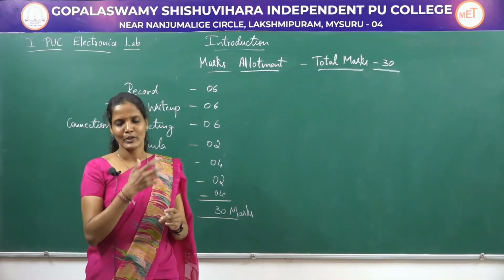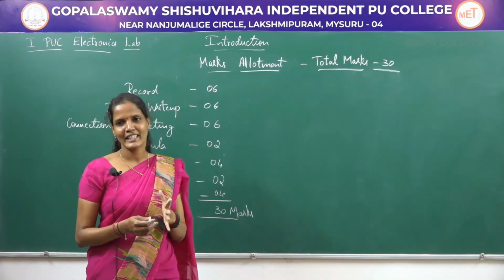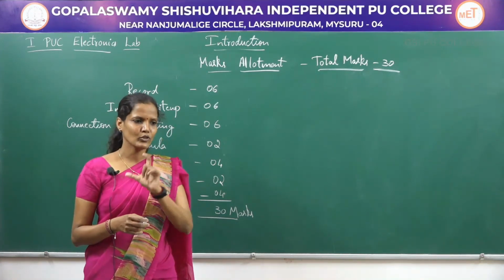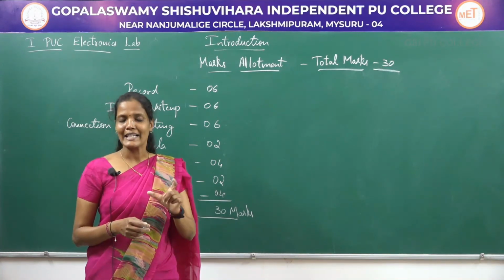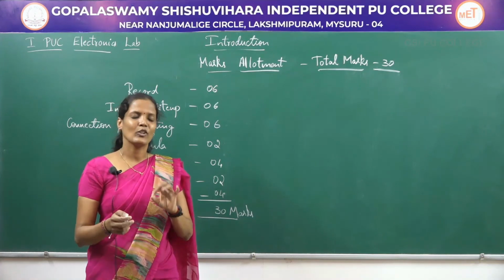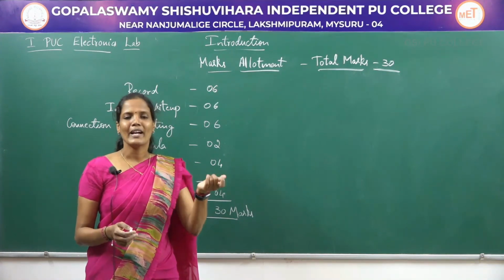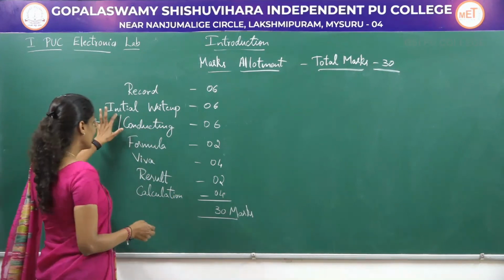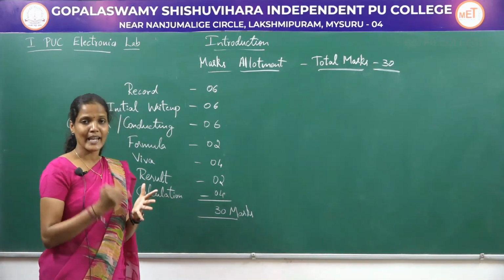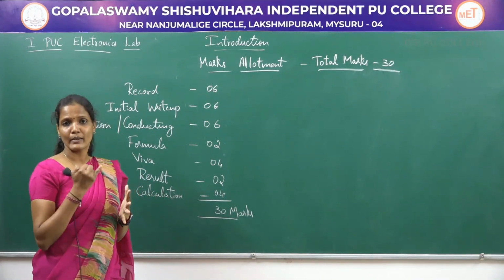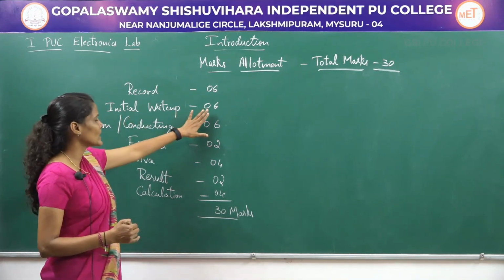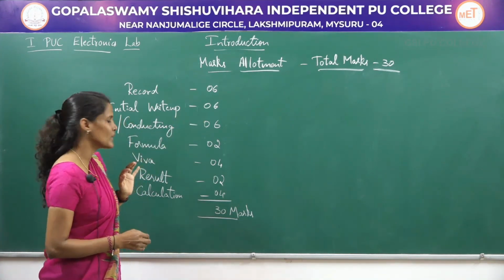After turning on the power supply, you have to take the readings. After taking the readings, you have to show any two readings to the examiners. Once they are correct, only then you have to turn it off and remove the connections. So that initial write-up, that is before doing the connections, whatever you are going to write, that is aim, circuit diagram, tabular column, all those things is nothing but the initial write-up, which will be carrying 6 marks.